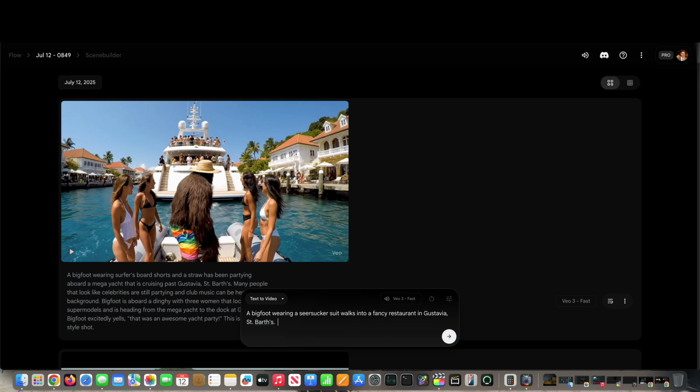A Bigfoot wearing a seersucker suit walks into a fancy restaurant in Gustavia St. Bart's. He is promptly